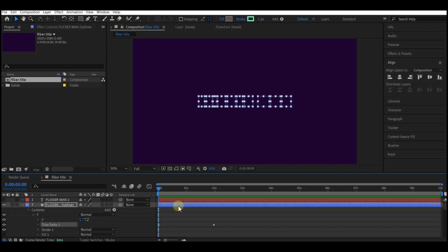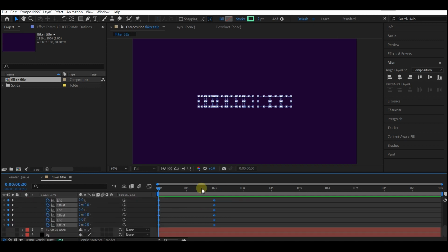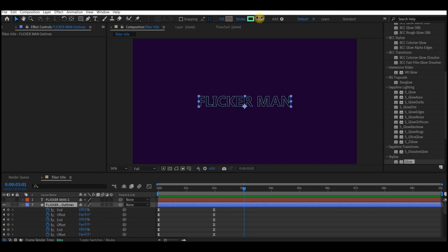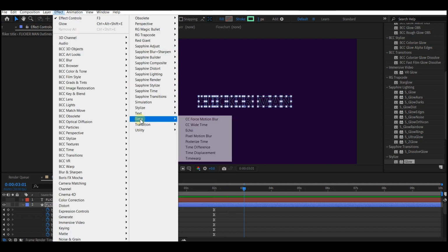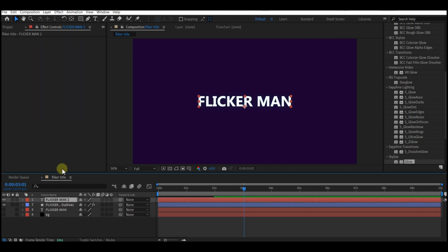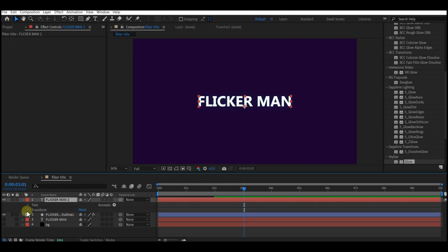Hit U on your keyboard to reveal all your keyframes. Select all your keyframes, right click on them and then easy ease. Reduce the stroke width to 1 and go to Effect, Stylize and then select Glow. Set the glow intensity to 2, increase the glow radius a bit, and hide your text top layer, expand it,